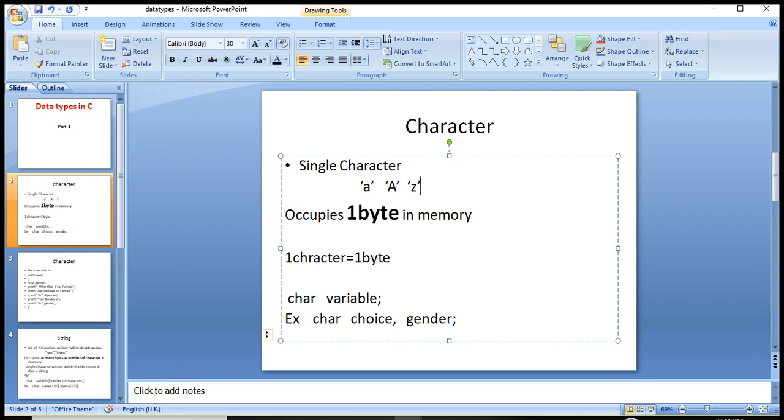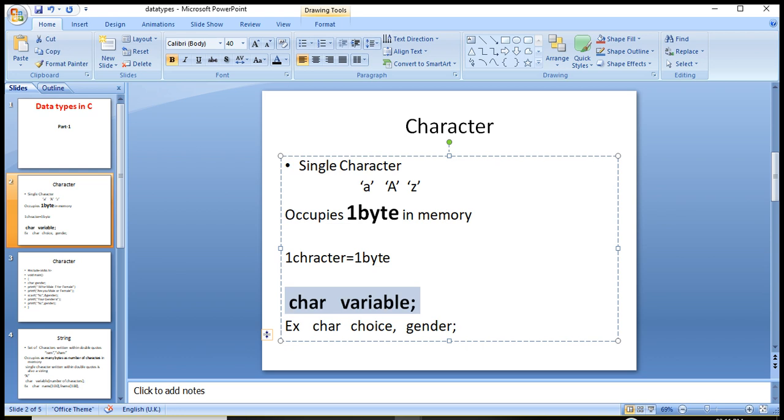How to declare a single character? We declare a single character variable with char data type. That is used to declare a variable that will hold only a single character. This is the way, and this is an example. char choice, gender.